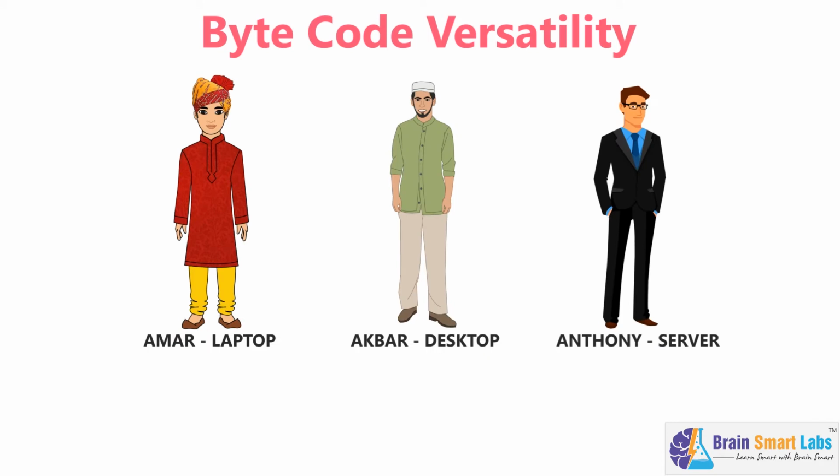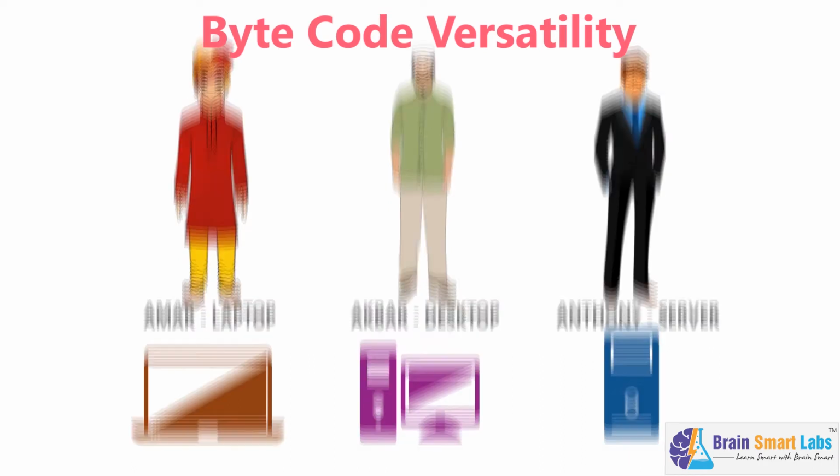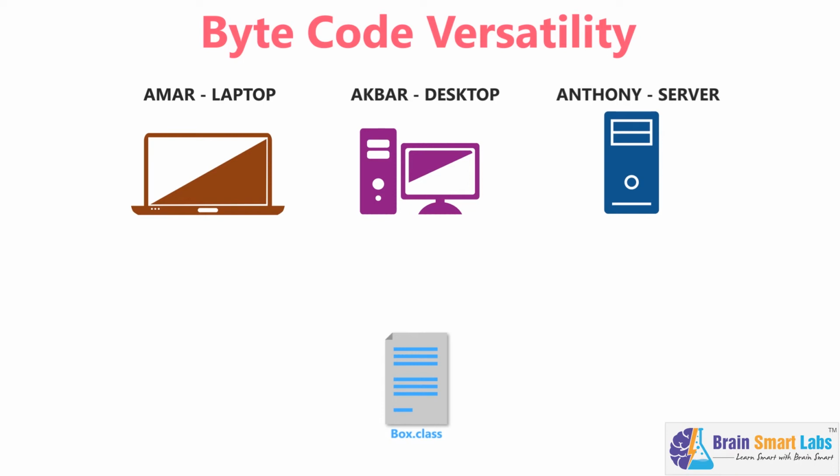Take a look at this illustration. Let us consider Amar, Akbar and Anthony privately own a laptop, a desktop and a server. If they copy only box.class file into their machines without even touching the source code, they will be able to create box objects in their machines absolutely fine. That is, on Amar's laptop he can create any number of box objects, on Akbar's desktop he can create any number of box objects, and on Anthony's server he can create any number of box objects, all with the help of a